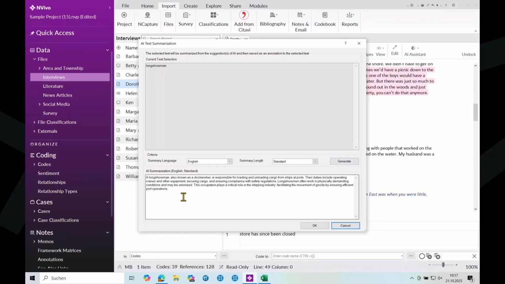And now the AI tool will give me an answer. A longshoreman, also known as a dock worker, is responsible for loading and unloading cargo from ships at ports. Very useful. I didn't know that. So now I can decide, okay, is that fine for me to just know, or is that something that I want to add? If I click cancel, this will just live in my head, but if I click OK, this will also be